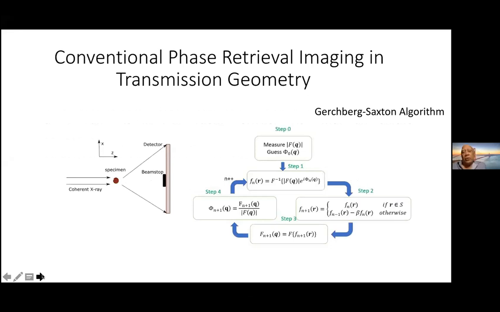Now, let's talk about phase retrieval imaging in transmission geometry. This is conventional phase retrieval imaging that's been around for almost 20 years, but it's been quite big for the last 10 years. Basically, it's a technique that was developed by the people in optics, and it was then taken up by the X-ray people, and David Sayre, I believe, was the first person to suggest